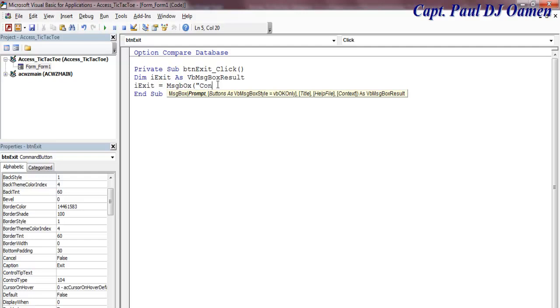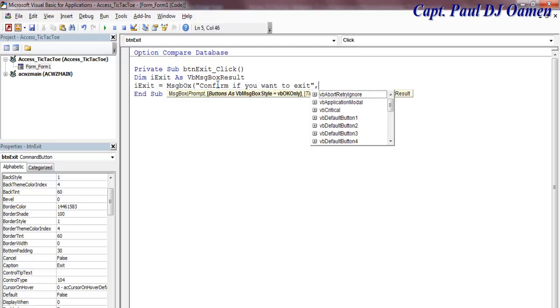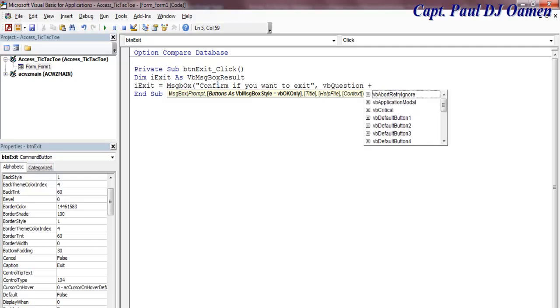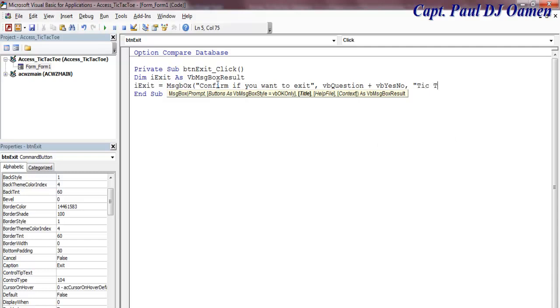Let's enter our comment in there, confirm if you want to exit there, comma, and then right in there we enter Visual Basic question plus VB yes no. Now comma, and we just enter the name of our game, Tic Tac Toe